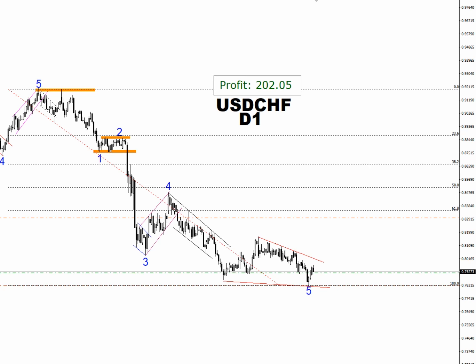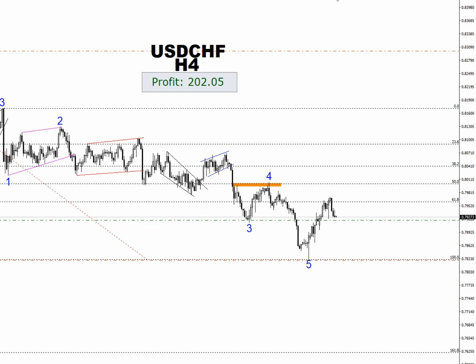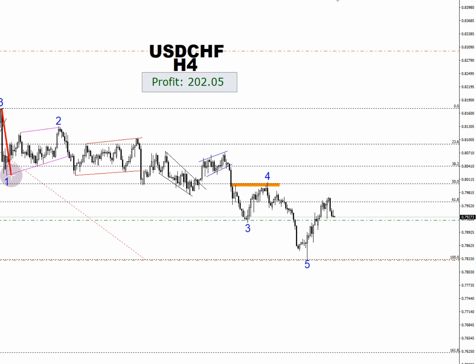Let's take a look at the 4-hour time frame. On the 4-hour time frame chart, we can observe a clear descending trend characterized by points 1, 2, 3, 4, and 5. Essentially, all the market waves have run their course. We have both the third and fourth waves completed, without exceeding the length of the initial third wave, while the fifth wave matches the length of the first wave. Theoretically, this could indicate a structure consisting of wave A, followed by B, and then C. So this will be a correction. That's why I continue to hold buys on the dollar franc, currently at $200 profit.